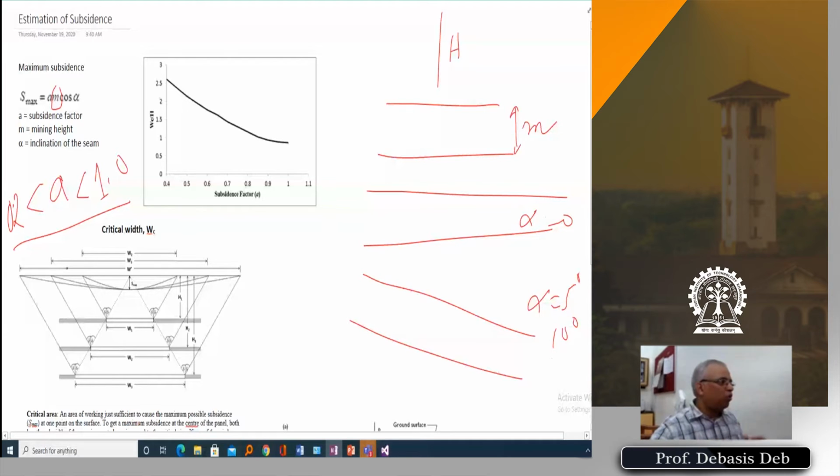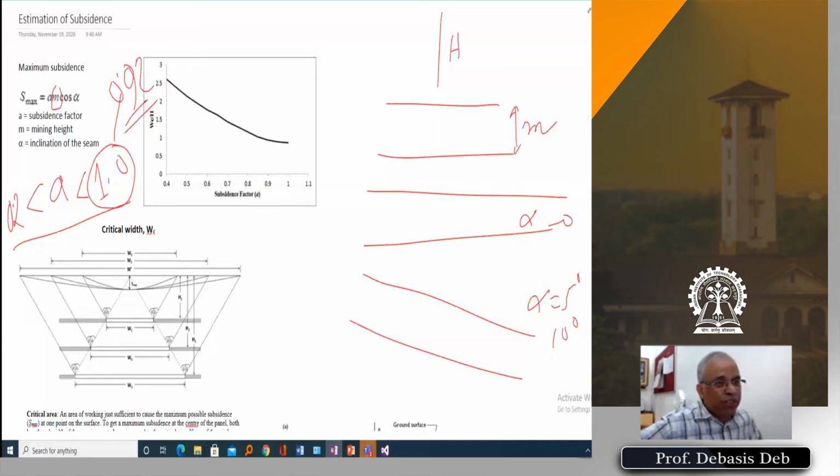But you can put about 20% subsidence will happen no matter what you do. Even if we are filling the void area, even before filling, there will be subsidence. So there will be some subsidence, 15-20% subsidence will always be there. And the maximum value so far found all over the world is 0.92. This was found in Poland, over a coal mine.